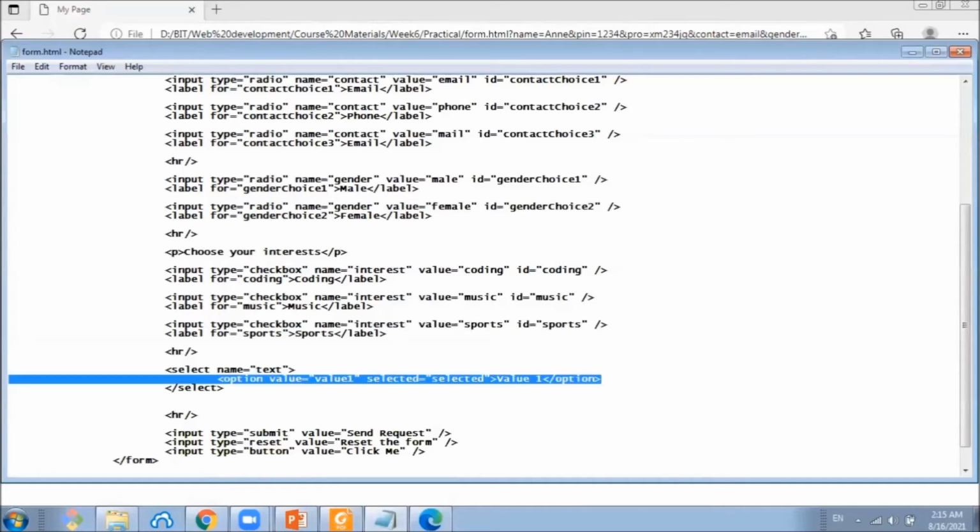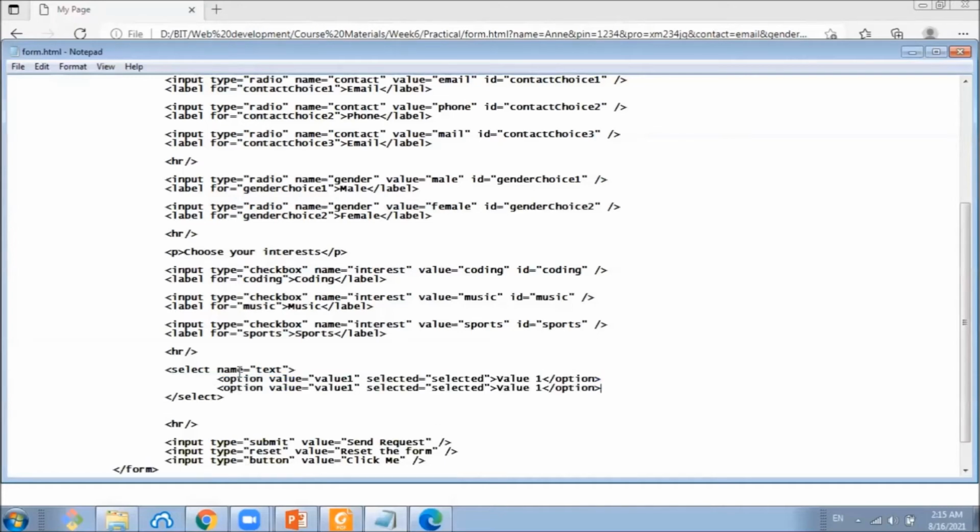And we have another option, and the value is value 2, and we also show value 2 to the user.